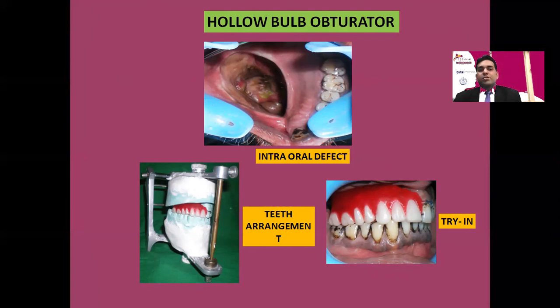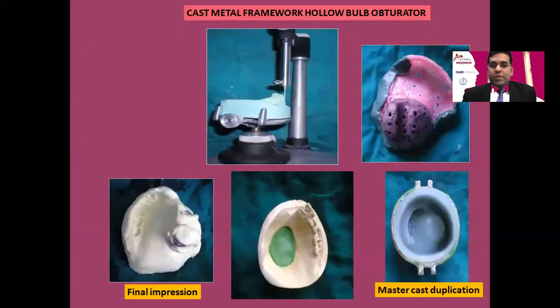So the facial contour will get restored, and apart from that, it will prevent excessive deformation of the periorbital defect as well. So whenever you come across a patient having a combination of maxillary and orbital defect, initially go for fabrication of an interim prosthesis with bulb obturator, followed by fabrication of the orbital prosthesis.